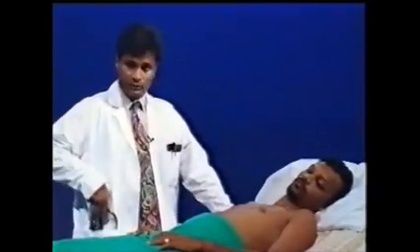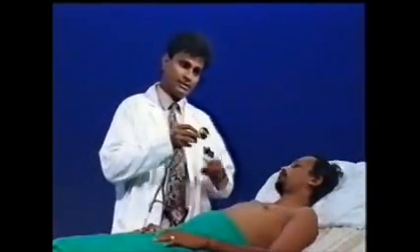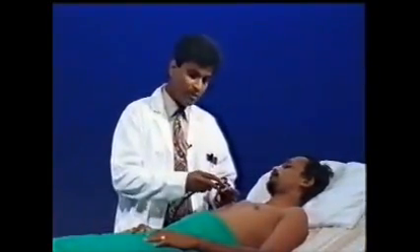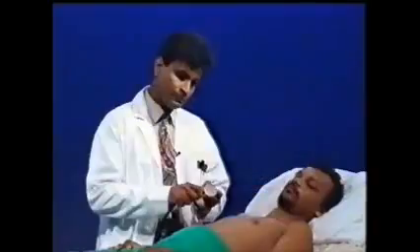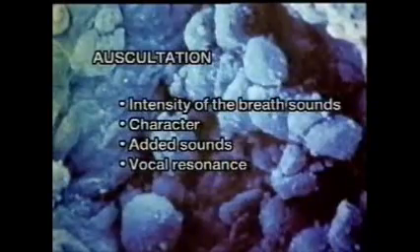The auscultation is the most difficult part to demonstrate in this presentation. When we auscultate for lung sounds, we use the bell of the stethoscope. It's advisable to use the bell because the rubbing of the diaphragm on chest wall hair can produce sounds very similar to crepitations. When you auscultate, there are four aspects you should pay attention to: intensity or the loudness of